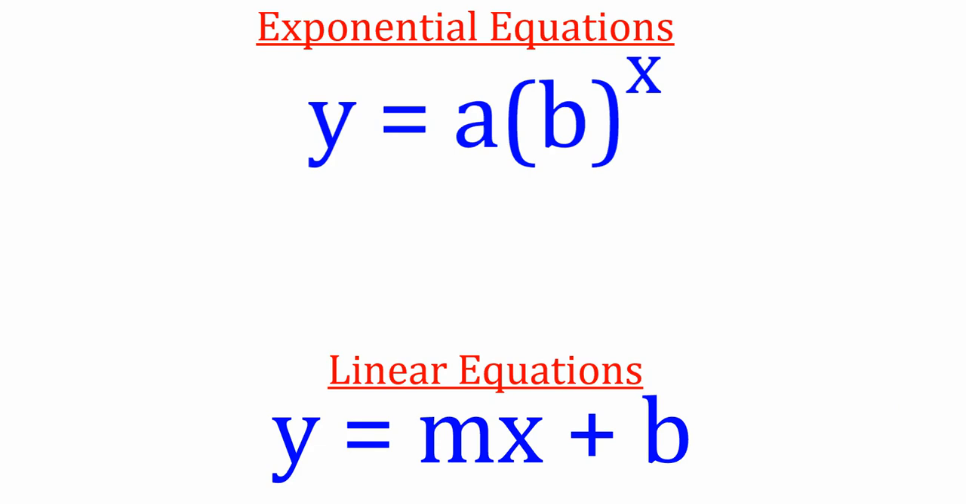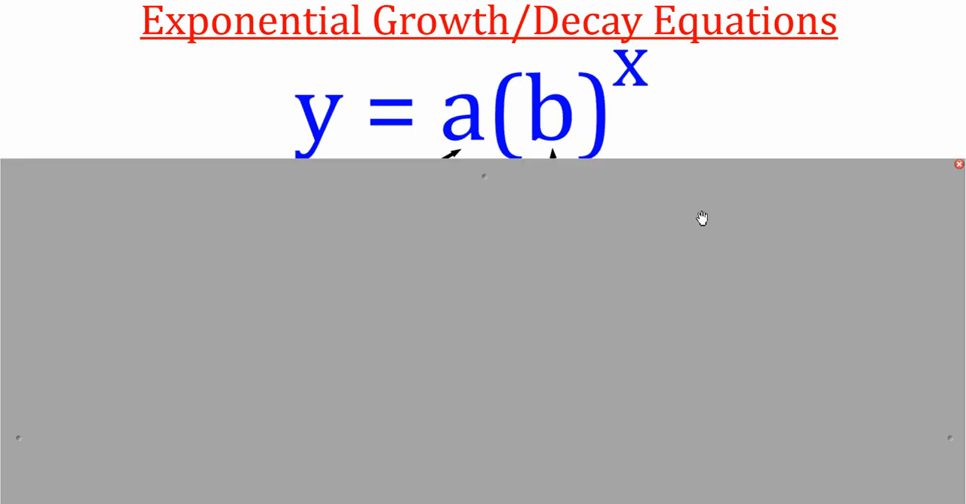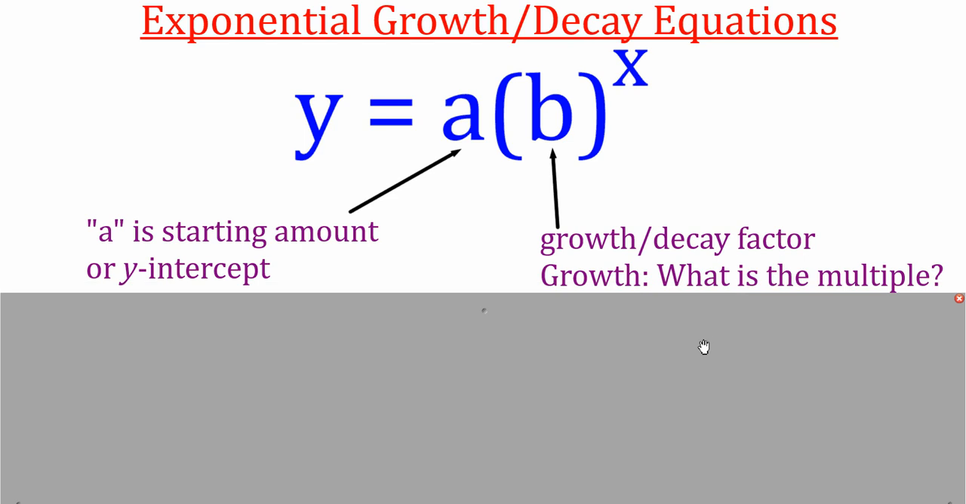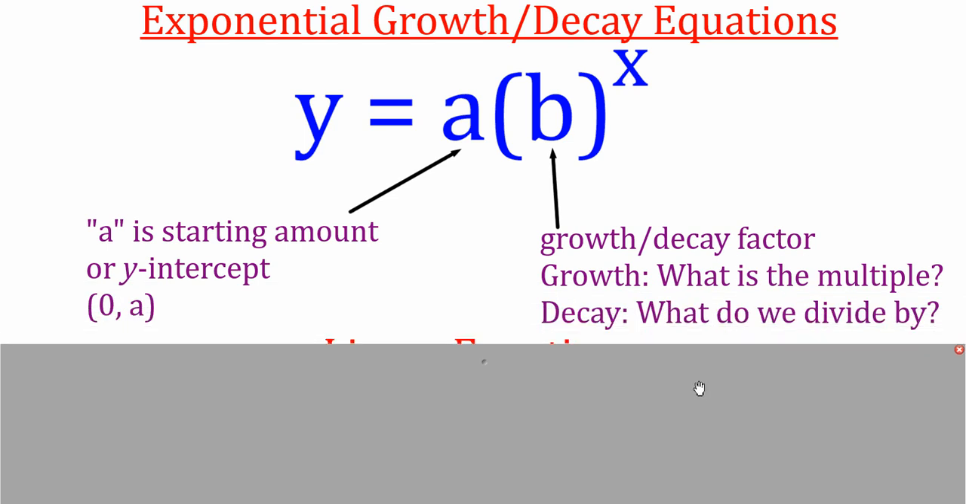So here's our basic equations that we've been using for exponentials and linear. And so with our exponential equations, we've got our multiplier of a, b as our base, and x is our exponent, and then we also have our linear equations. Remember, with the exponential equations, we talked about a, that's your starting amount or your y-intercept,